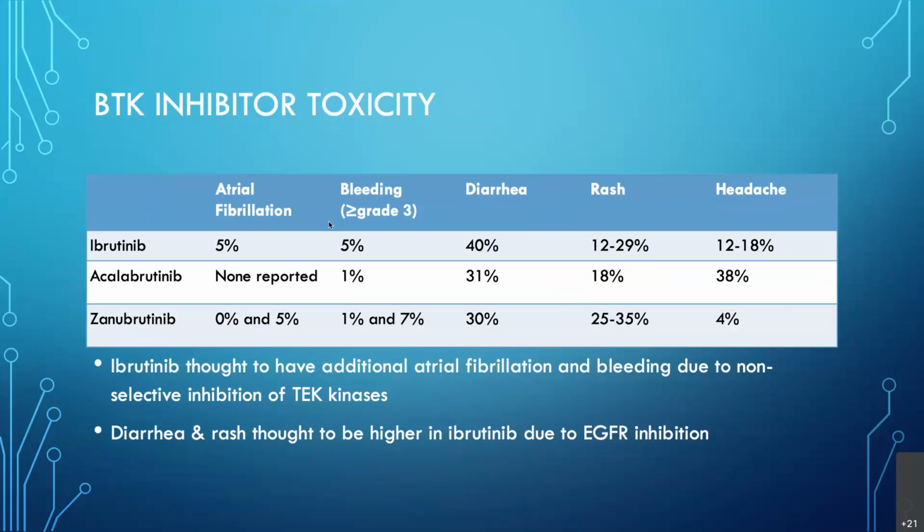Other common side effects in patients include diarrhea and rash. Once again, more common with our ibrutinib, likely due to its EGFR inhibition. However, it is noted in the two other agents as well, with acalabrutinib and zanubrutinib. The unique toxicity to acalabrutinib is going to be its headache, coming in at 40% of patients. Typically, we just want to be treating that with Tylenol, trying to avoid our NSAIDs, once again, due to the